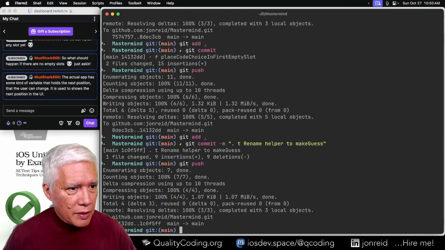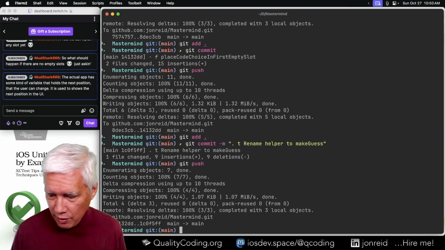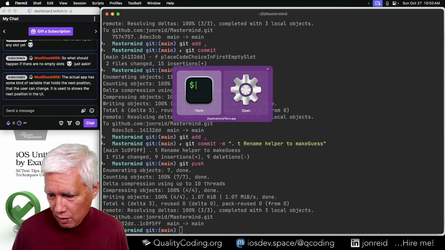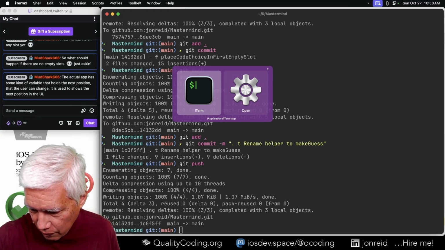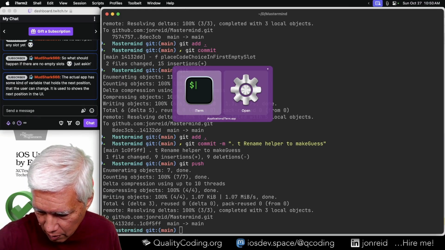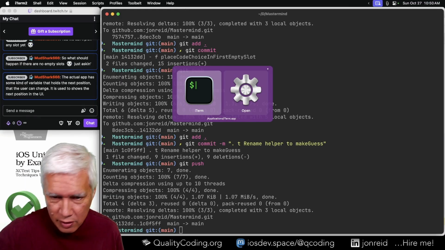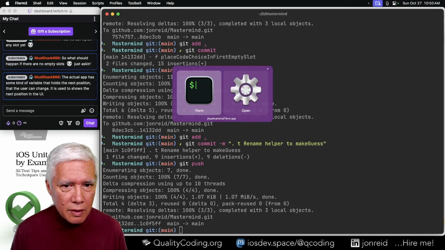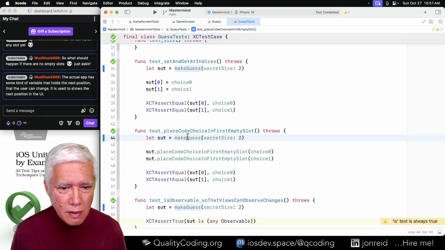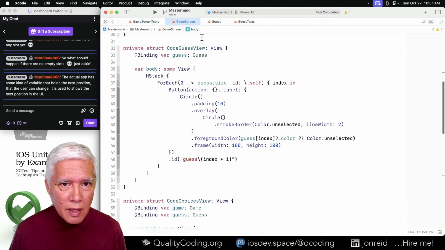The actual app has some kind of variable that holds the next position that the user can change. It is used to show, yeah. Yep, it does. So rename that guess to set was the other one. I think that was in game screen.